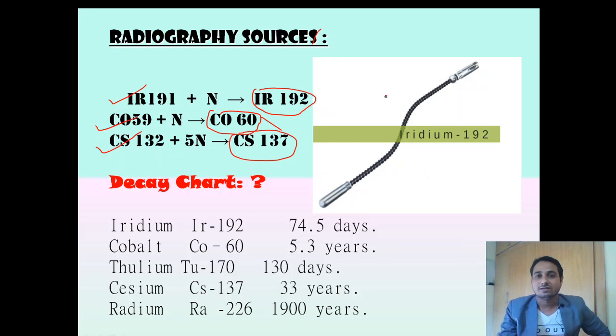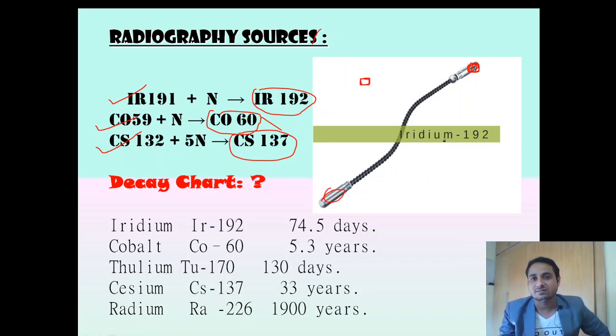So if we see these sources, the size will be very small, like one square of this small amount. This will be the only size of the source, and this is welded here in the tip, which is put in our radiography machine. So the source size will be very small, and this will be welded here, and it will be connected to the crank from this end.